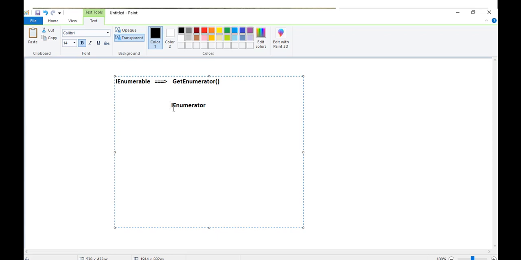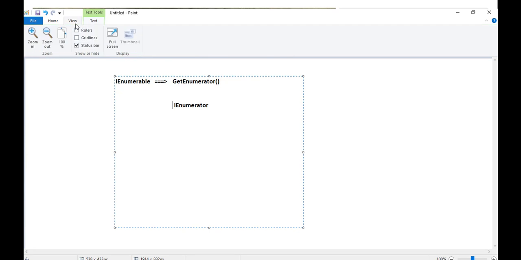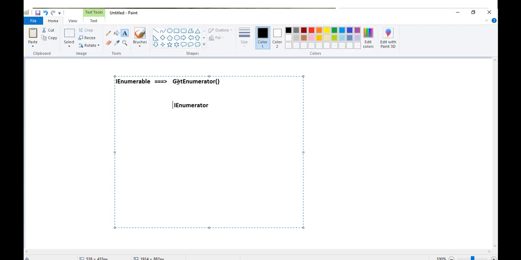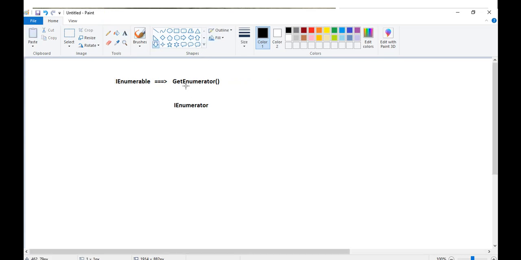Like I showed yesterday, if you go to the definition of IEnumerator, you will get two functionalities. So after fixing the boundary, GetEnumerator will hire the IEnumerator interface, and now IEnumerator will actually iterate between the elements in the collection.